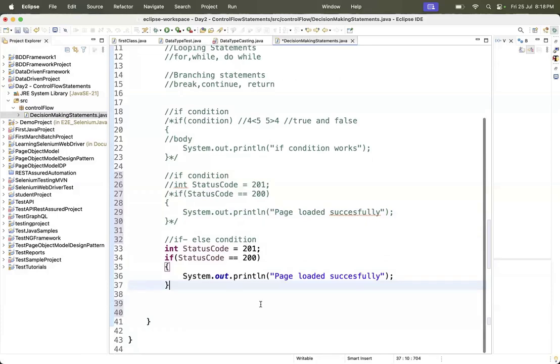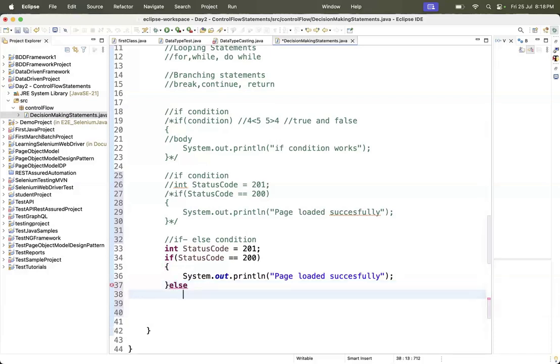So what will happen if they are not matching? For that you have to put a condition called else. So you will write else here, and with else you don't have to put any bracket. Else is for when the condition is not met, or if it is throwing you a false value instead of true. Then it is going to jump to the else condition and skip the body of the if. So this is not going to run. It will directly jump to the else and you can write,